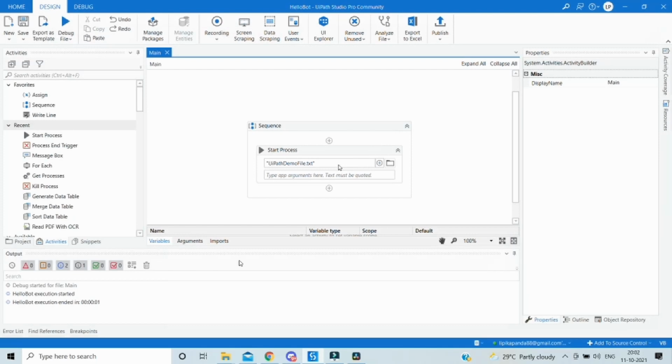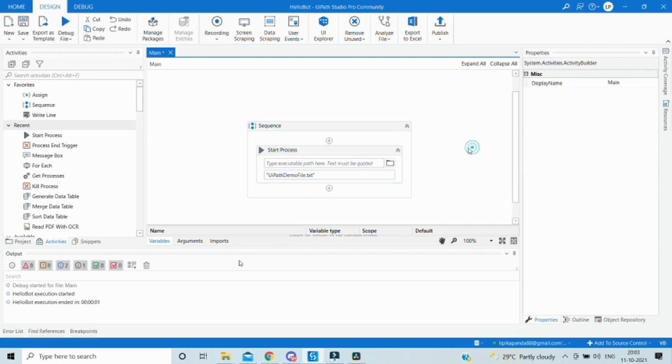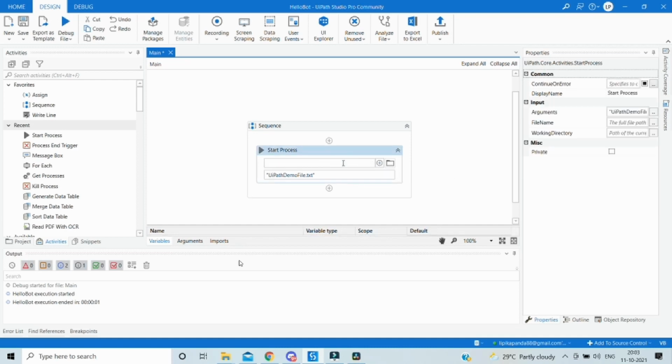Now let's say we want to open it in Notepad++ and we don't want to go and change the default properties of the file every time. So we can specify the file name this time in the below field, and in the executable path field, if the executable is present in some other place, we can browse and point it out.